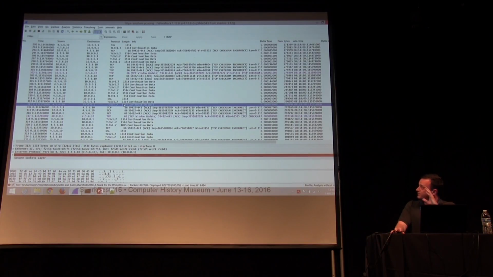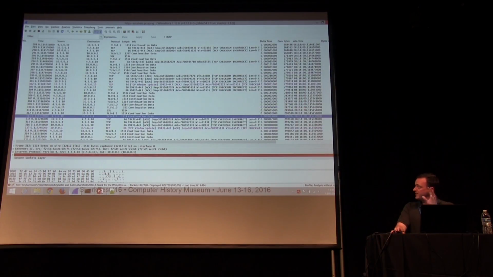But there's one thing you can always do with encrypted sessions, and this is again going after timings, right? If you know basically what's going on behind that, so if someone tells you this is an application requesting something via HTTPS and getting answers, you know it's going to be request, response, request, response. So you may have an idea of what to look for. You're looking for requests, which you can't read, so you have to figure out what's a request. And at some point later, you get data packets back, which you again can't read, but you have to figure out might be a response. So with HTTPS, it's pretty easy, since when you know who the client is,